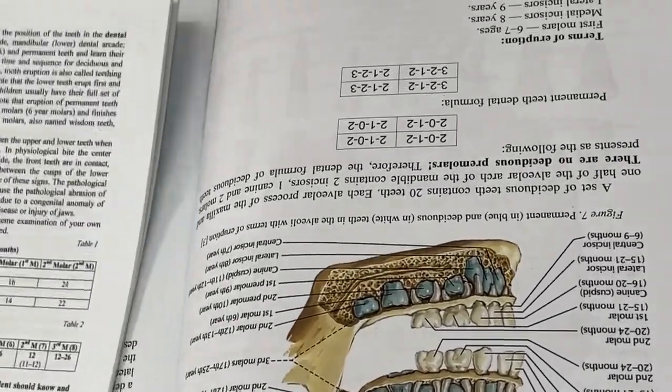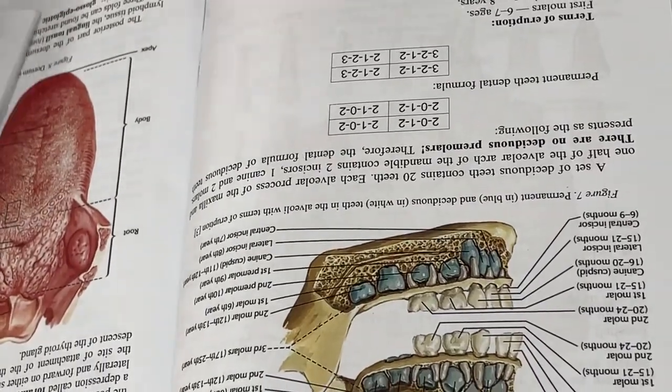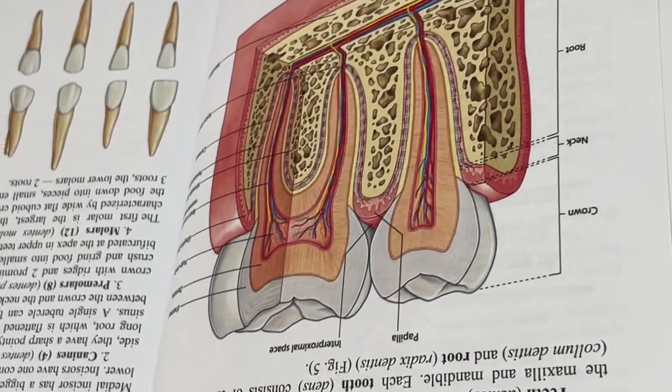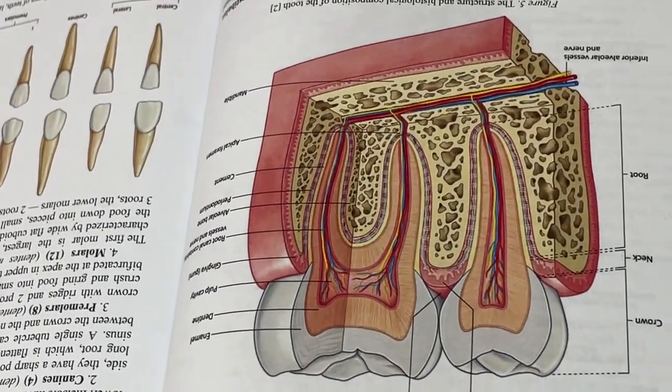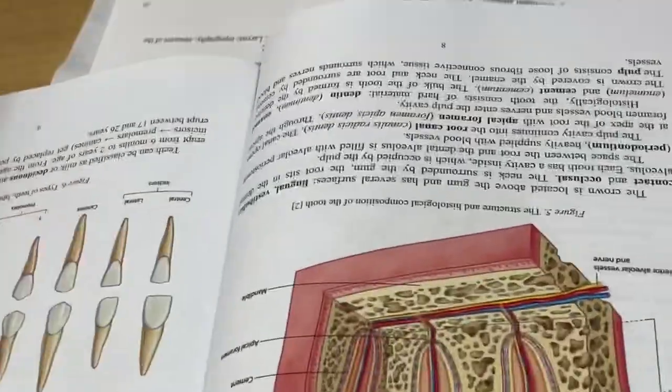So now, what else should we say? We should describe each group of teeth. Each group of teeth. So let's try to describe them. So you can see it here, and you